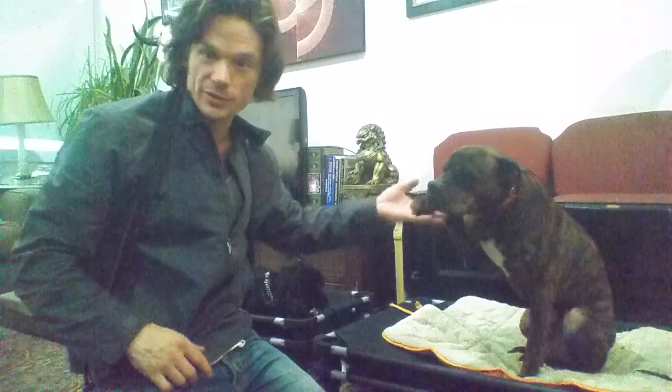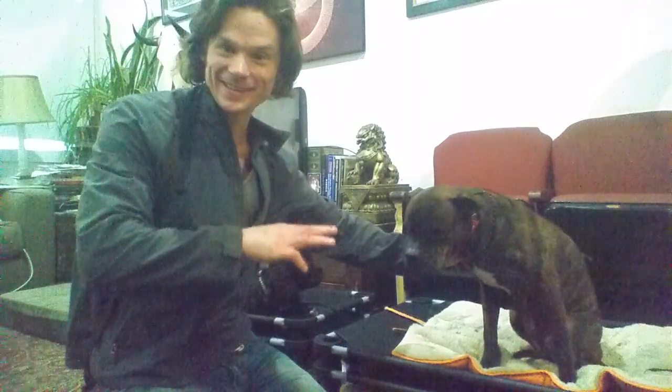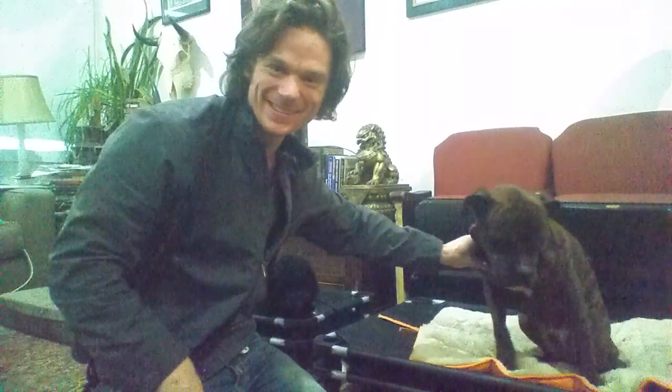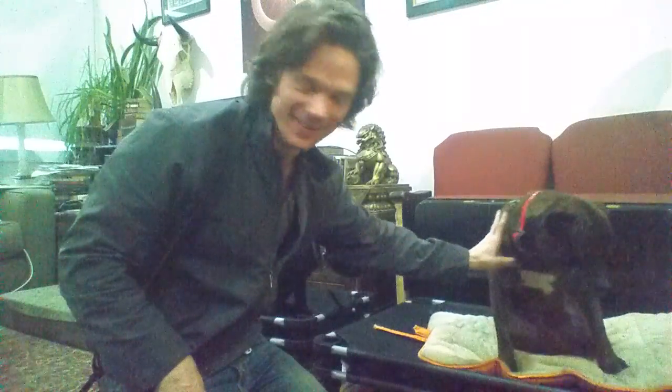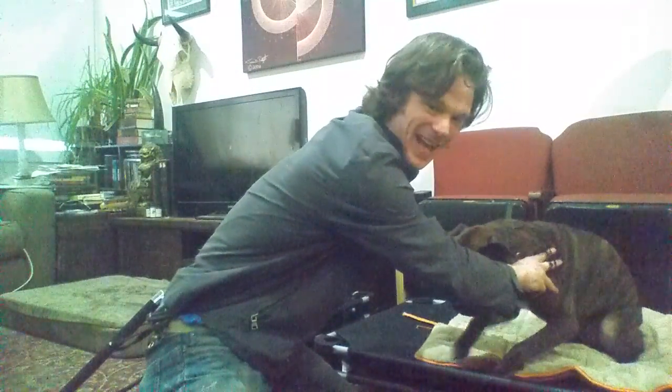Butchie has an incredibly strong oppositional reflex. See? Look. See that? Stubborn Staffy. Look at him. I'm trying to push him. See how he's kind of leaning back? Oh, boy. There's a good boy, huh? Stubborn guy. See? He's trying to...